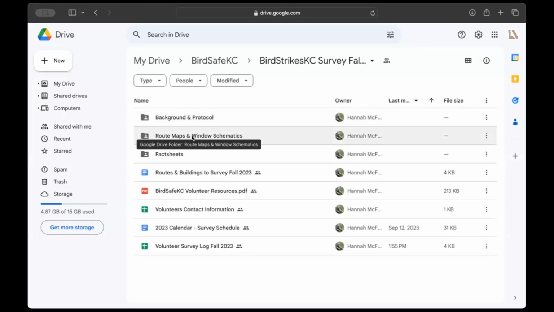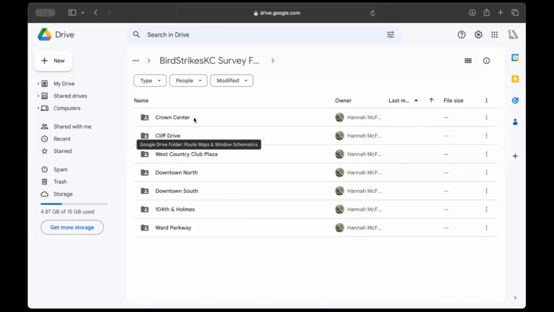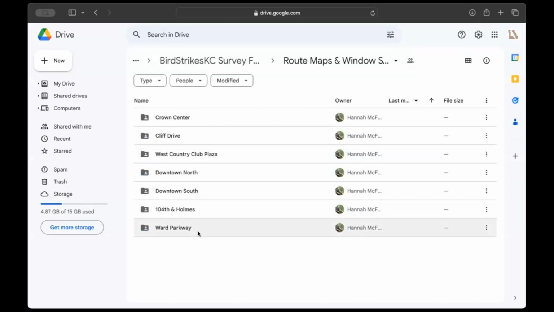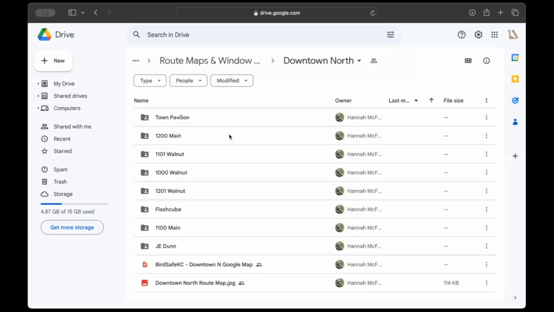route maps and window schematics. We looked at some of those. Here they are broken up by route or building. Right now we are not doing Ward Parkway, so please disregard for the moment, but you can see the others. Here is, for example, I tend towards downtown north because I do that one the most. So here is, as mentioned previously, this is an actual Google Map link, so you can pull it up and